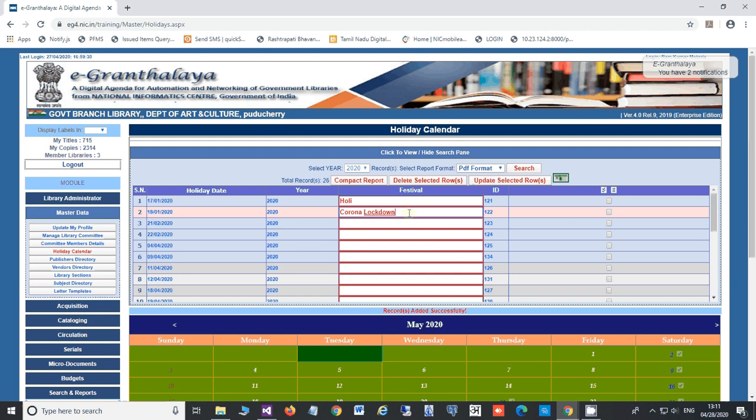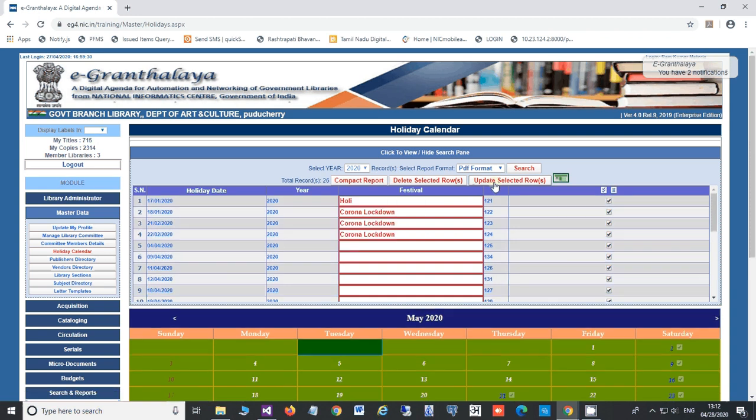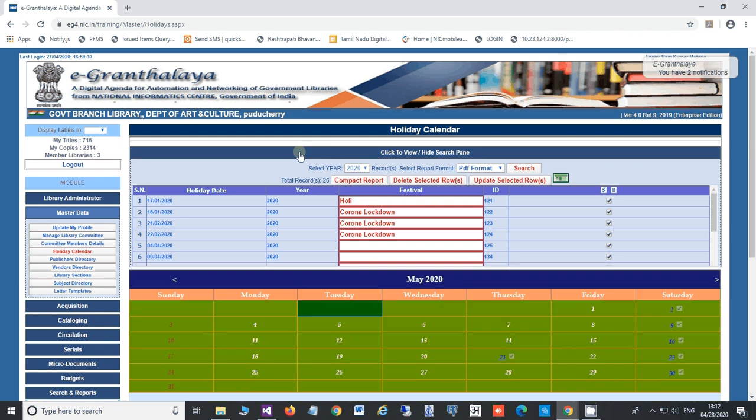Like that, you can repeat the holiday due to corona lockdown, then select and update. So these holidays are updated with the festival name added. You can even delete these holidays if required.